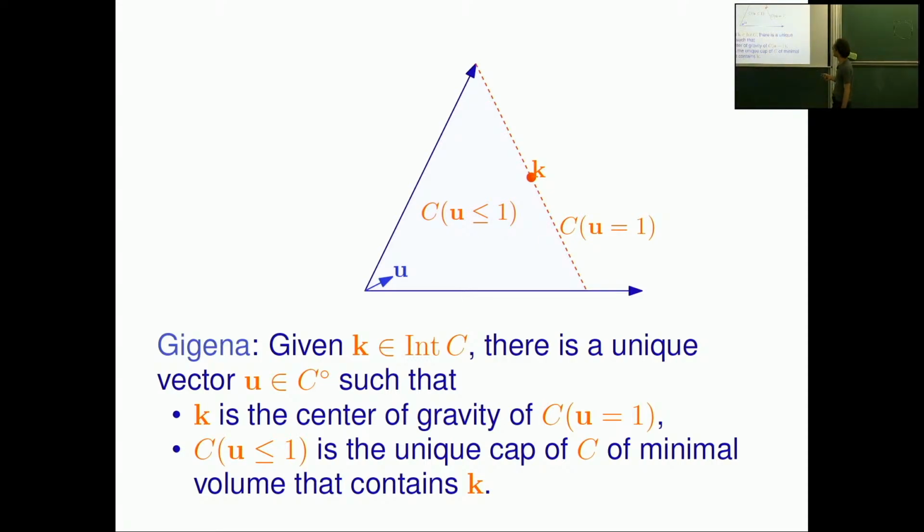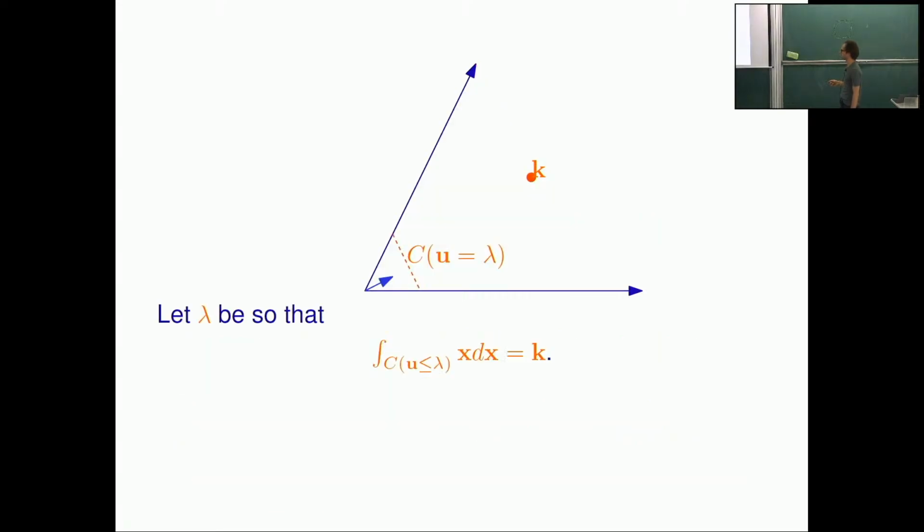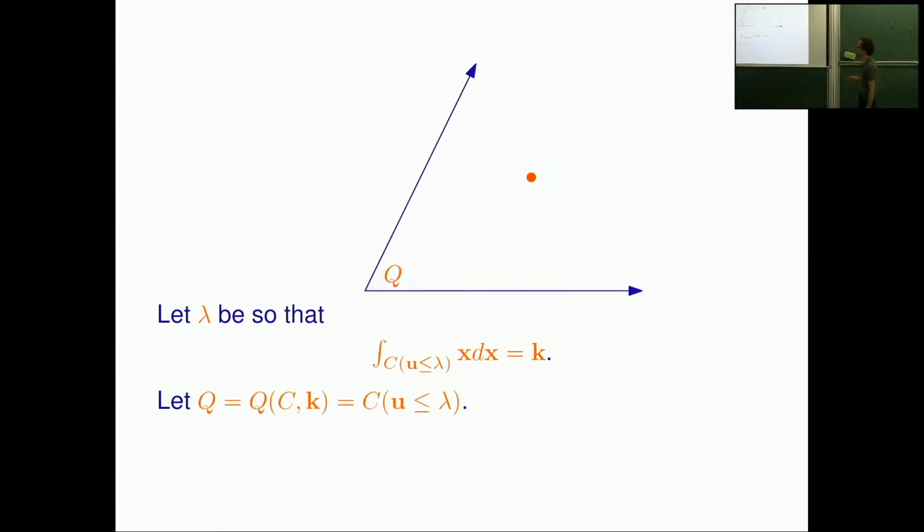And furthermore, the cap defined by this section is the unique cap of minimal volume that contains K. So now we define lambda. We have K and U, and the choice of U depends on K. We define lambda so that when we integrate x dx over the cap, we reach K. And we'll define,